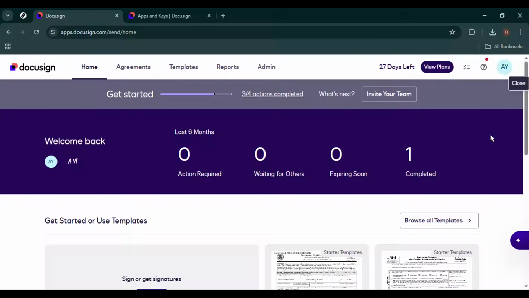In today's video, I'm going to show you exactly how to get an API key on DocuSign step by step. If you're building an integration, connecting DocuSign to another app, or working with automation tools, you'll need what DocuSign calls an integration key, which functions as your API key. I'll walk you through the entire process from start to finish, so you can set it up correctly in just